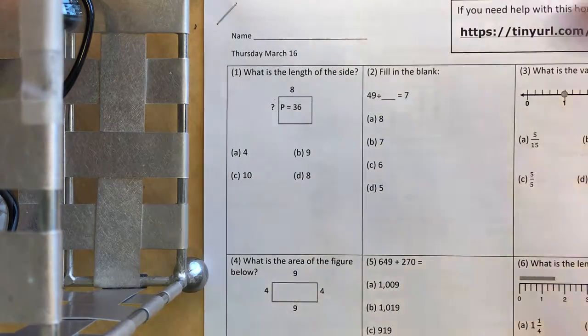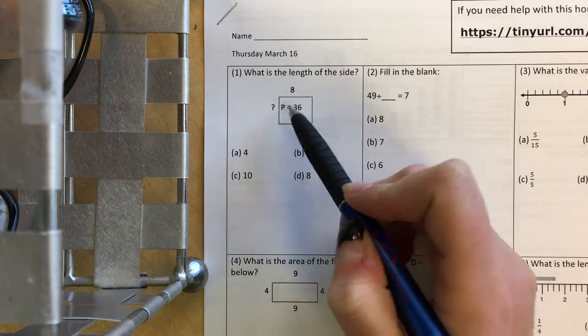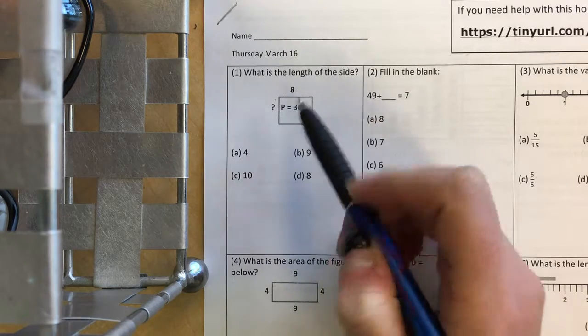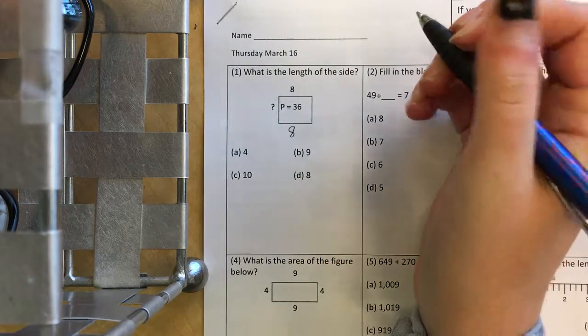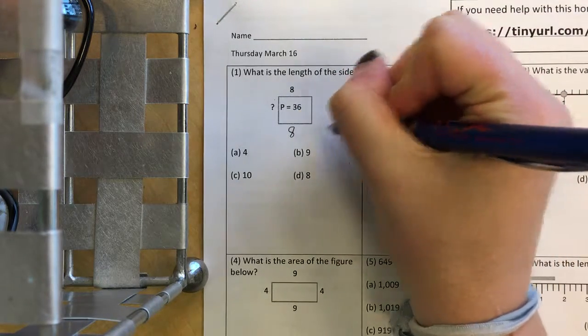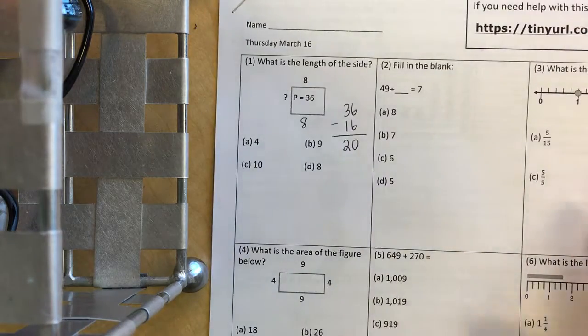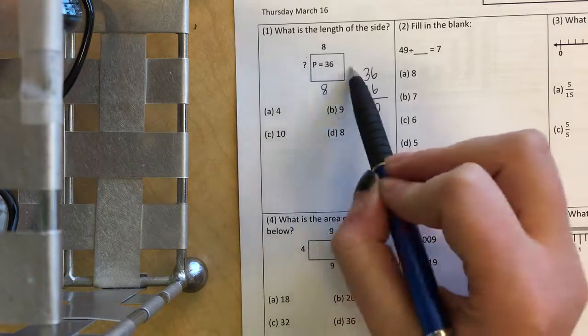We need to make sure that we're paying really close attention because this is a P, not an A. So we know that this number is actually the perimeter that's been given, not the area. So if this side is 8, we know this side is 8, and we need to subtract 16 from 36 to see now that we have 20 left over that needs to be split up